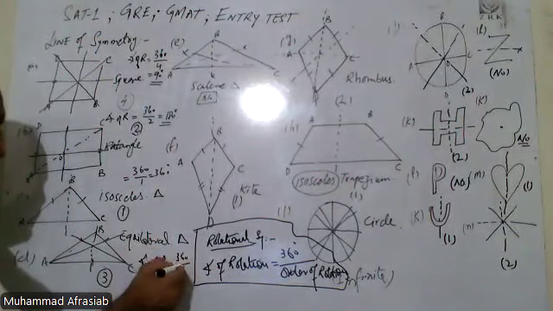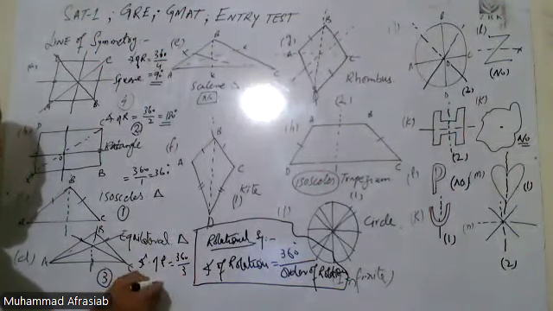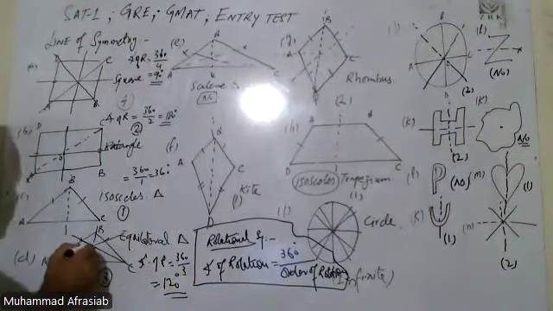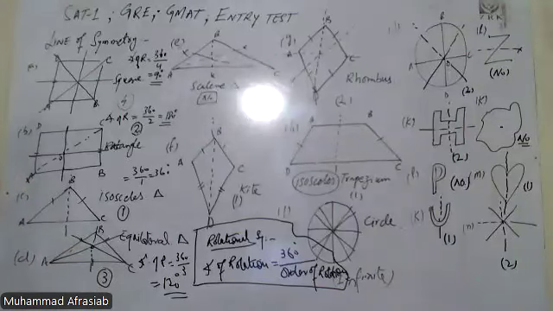For this one, it is 360 divided by 3, because there are three orders of rotation. So it should be 120 degrees. If you rotate this figure by 120 degrees each time, after 3 rotations it will be back to its original shape. So this is rotational symmetry of order 3, and the angle of rotation will be 120 degrees. So you have seen in these examples that